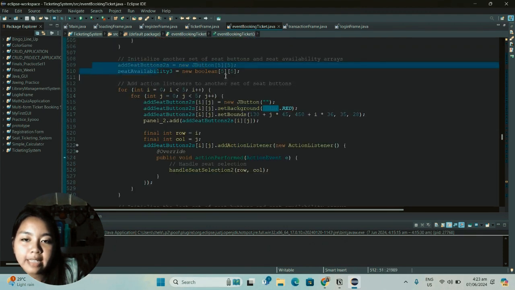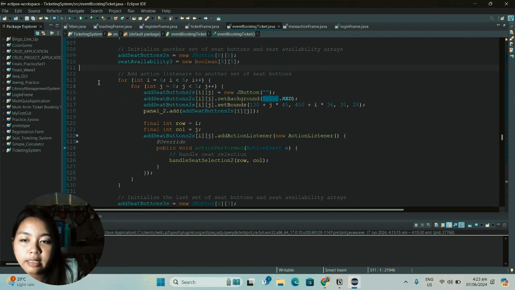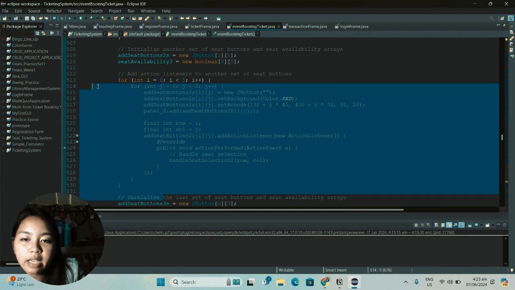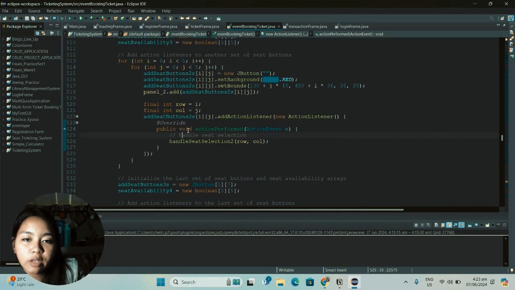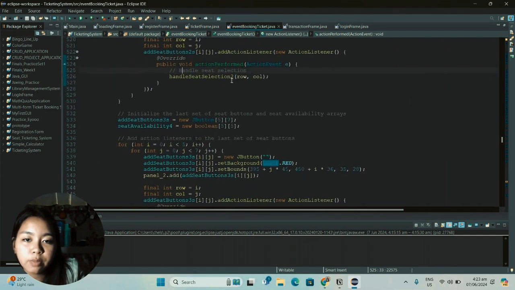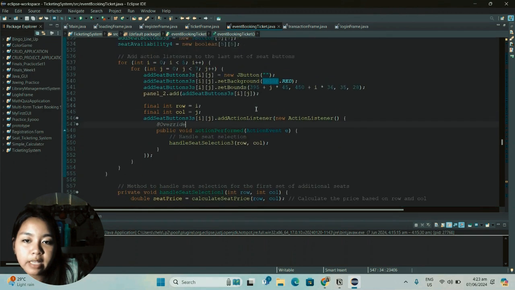Again, we initialize another set of seat buttons and seat availability arrays, with the same handle seat selection logic for this set of seat buttons. Finally, it initializes the last set of seats and seat availability arrays.